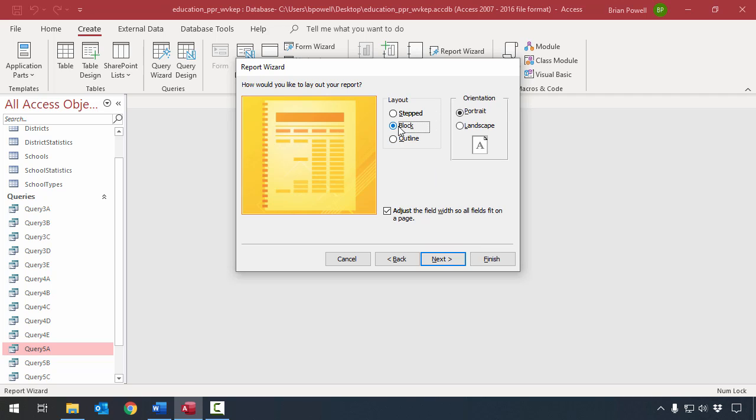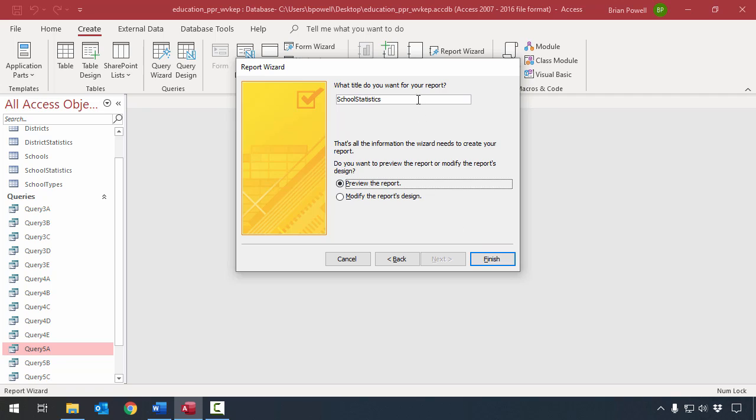and we can choose different layouts for things, and you can get a preview of what they're going to look like here. We're told in the instructions we want to use a step layout and landscape page orientation. And we'll leave this box checked where it's going to adjust the field width so all fields fit on a page. We'll double check that it's right when it's done. This normally handles things, but sometimes you still have to do a little bit of tweaking. Let's click the next button, and we're going to give a name for our report here. We want to call this High Graduation Rate Schools. And I'm going to click Finish.